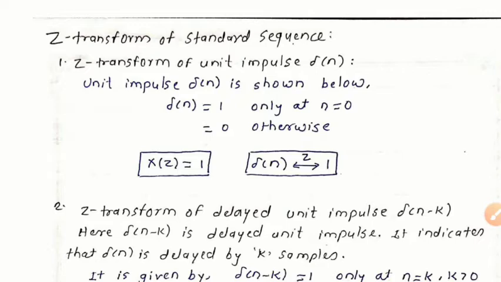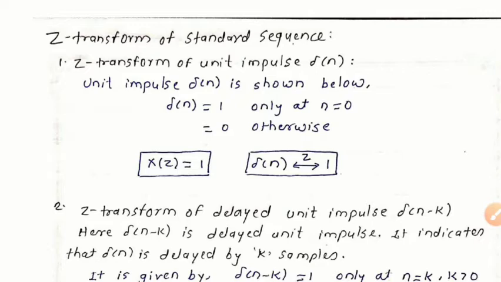Today we will discuss the Z transform of standard sequences. Let's see what those standard sequences and their Z transforms are. Please remember one thing: to solve any upcoming examples on the properties of the Z transform or the inverse Z transform, you have to remember all the Z transform standard sequences. You have to remember the notation of each standard sequence and its Z transform, so that it will be much easier to solve any problem on the properties of the Z transform and the inverse Z transform.